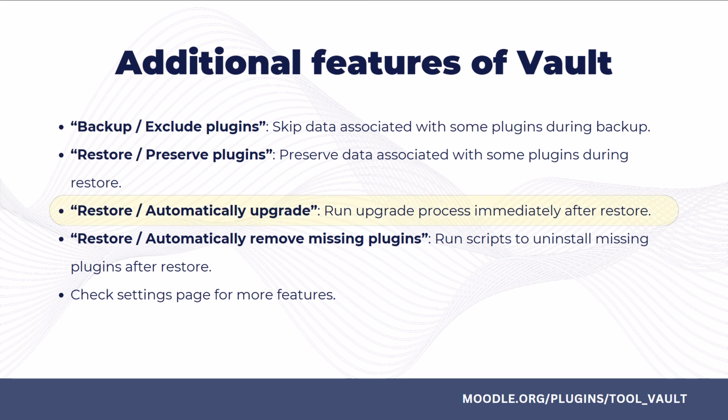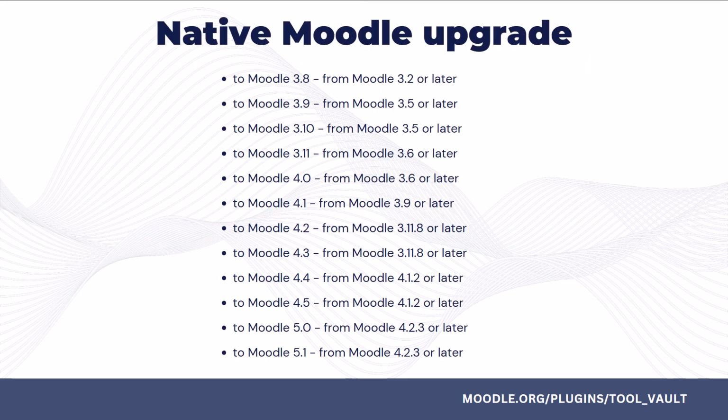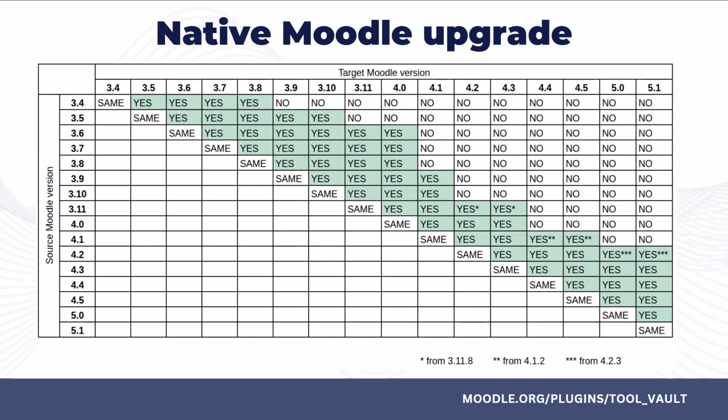Let's take a moment to talk about the upgrade process. As you probably know, Moodle has specific requirements for upgrades. You can only upgrade across about 4 or 5 major versions at a time. To visualize this, imagine a table showing the upgrade paths. For example, from Moodle 3.9, you can only directly upgrade to 4.1, then from 4.1, you can upgrade to 4.5, and only after that to 5.0.